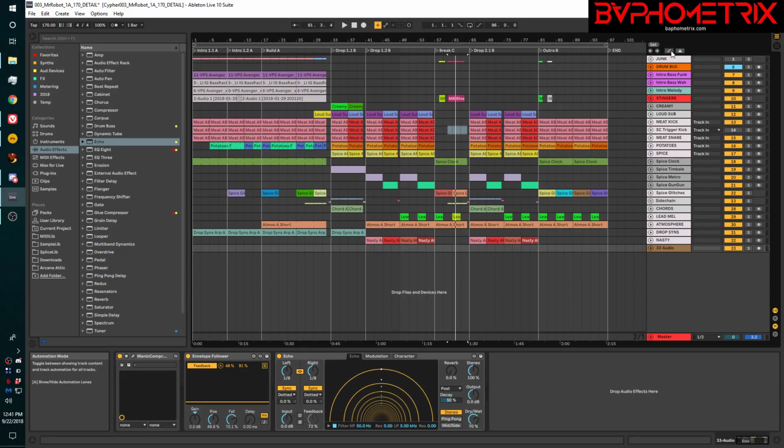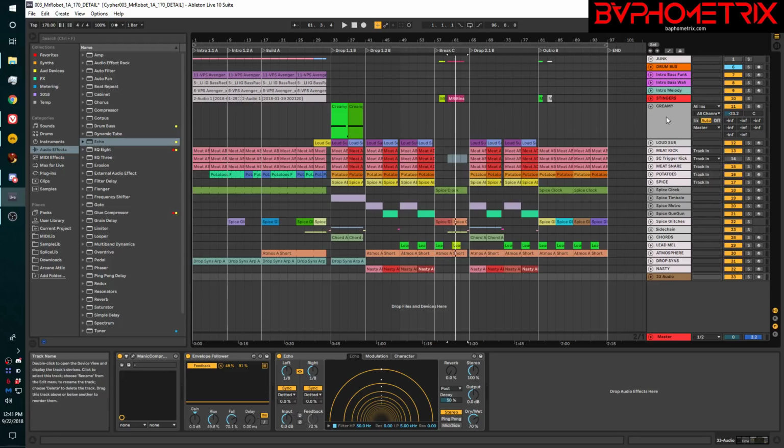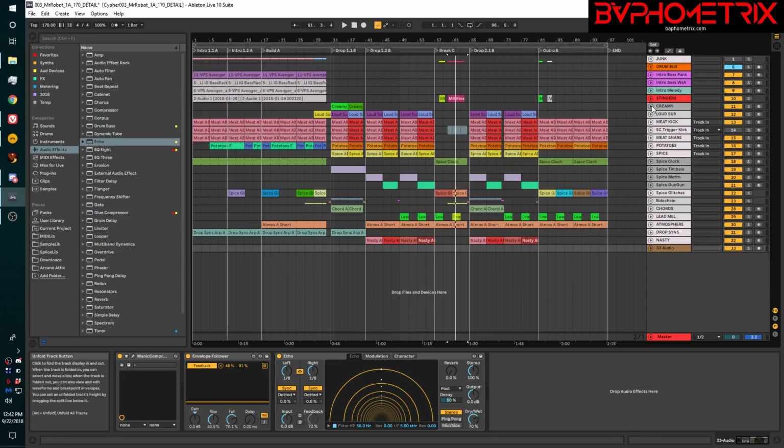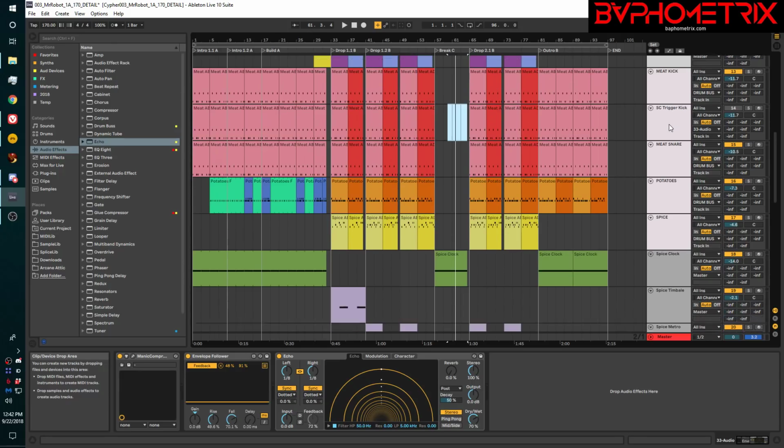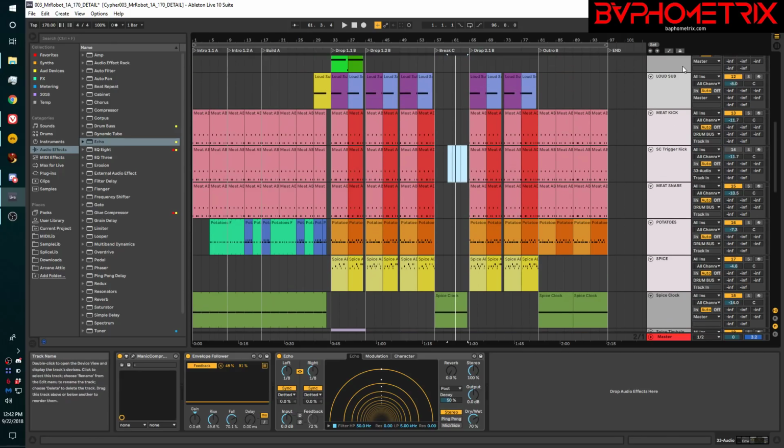This is the first thing I don't like about Ableton, is when I am in single track height to see a big project all together, and I click this, this is the show automation lanes, nothing happens. I have to be in double track height to see whether or not there's any automation on a track. If I decide to open up all the tracks at the same time, so now they're all in double height, and then I turn on the automation,